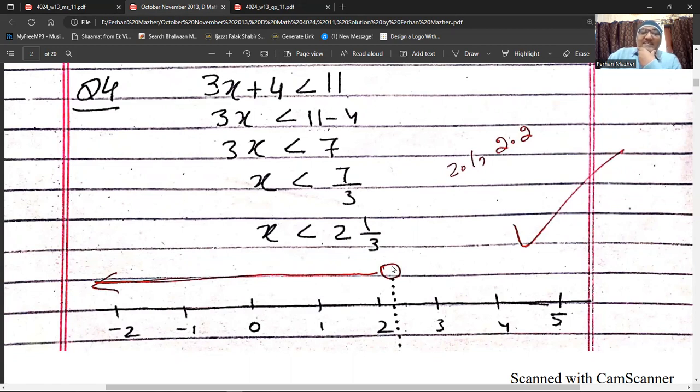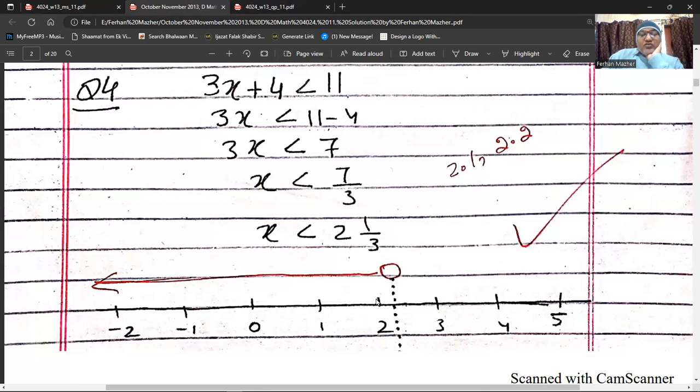The x is less than 2.3333, so 2.3 will be approximately here. I will make a circle. I will not shade it because this is not equal to that thing. Because x is less than, the arrow will be to the left. Okay, now